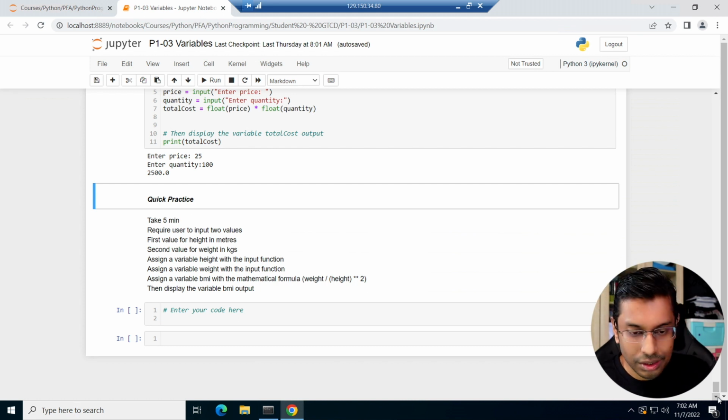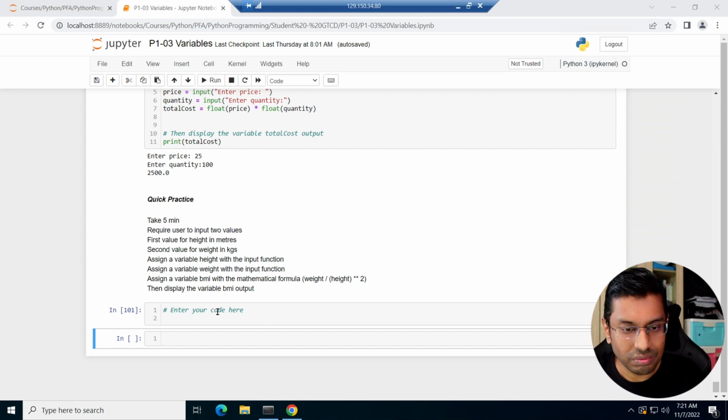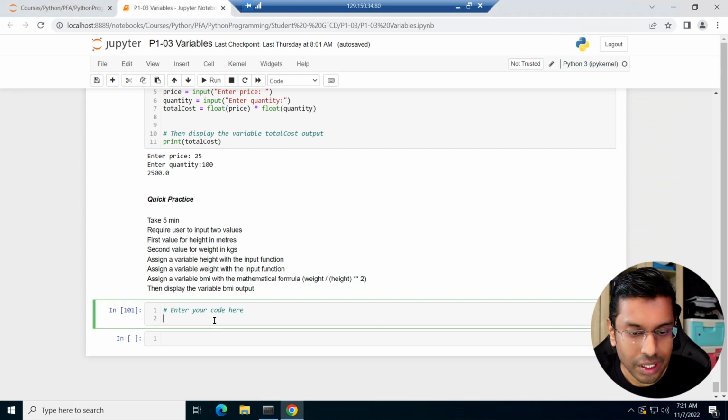Okay, so I hope you all have done this. Yep. So let me quickly run through it. So basically, it's a very simple exercise. Okay, let's now go into the solution for this. Okay, firstly, you need the user to put in 2 values. Firstly, for height